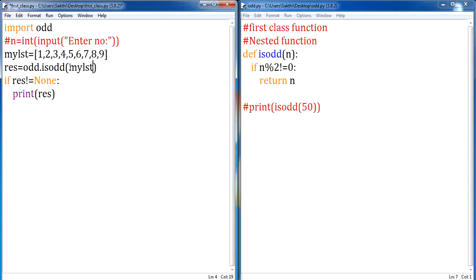This particular is odd function can receive only one value at a time. If you are passing multiple values, this function cannot receive them. So what shall I do? Shall we change the receiving parameter of it? It is not possible. The reason is you are given access only to the implementation, where you can't change this particular module. This particular module is someone else's program, and you are not allowed to change that code. You can modify only here. In such cases you can do it only by using first class function.